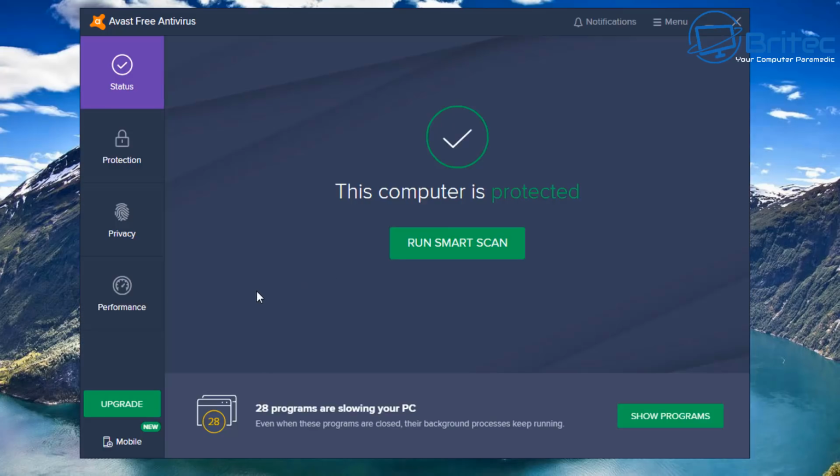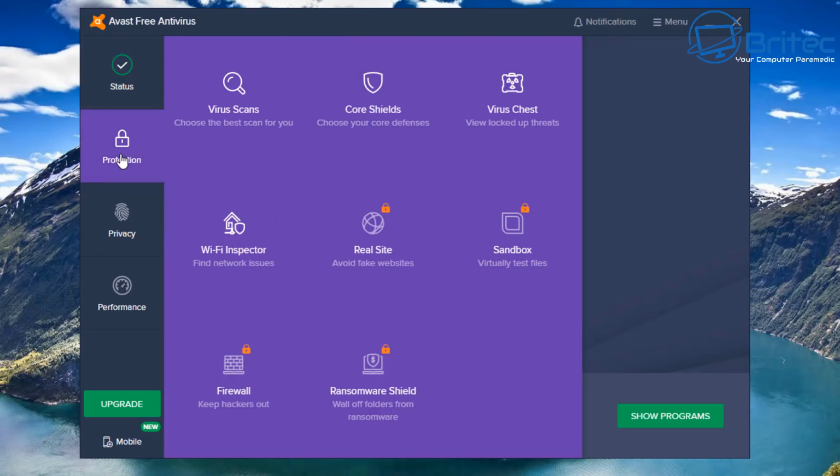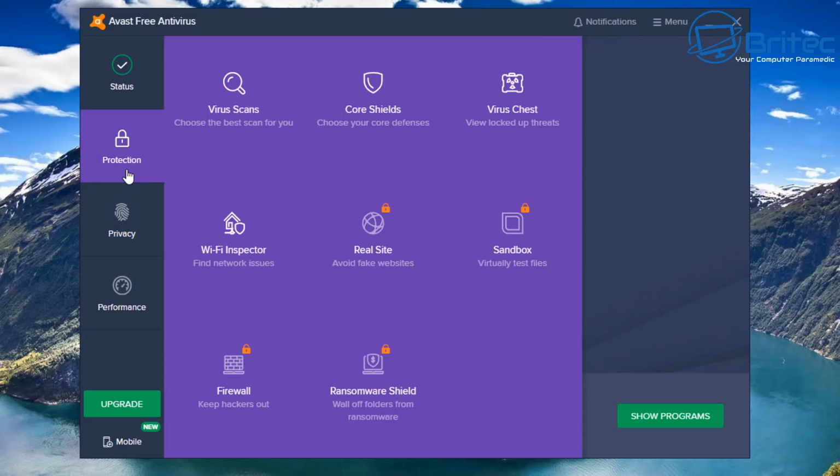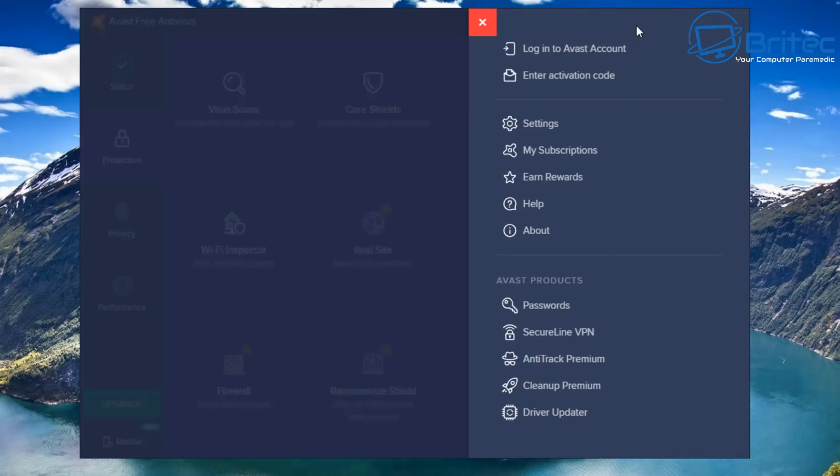They do this with a bunch of their different things. You'll do a scan and it will tell you that your system is vulnerable and you need to purchase one of these premium versions for their antivirus program. They're basically upselling their own product, which is pretty normal for companies to do, and of course you are getting it for free. But if we go to the menu and then look inside the settings here,